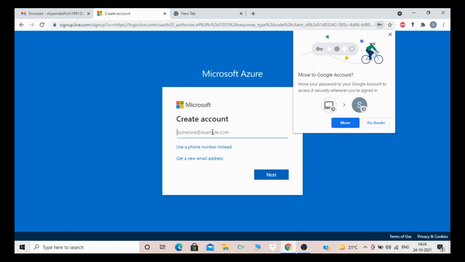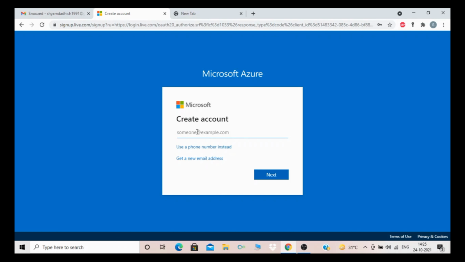Once you click on Create one, you need to enter an email address. As I already told you, I created a Gmail account for this, which I did not use for anything else, only for creating Microsoft Azure, and I created this account with my name. So I will type that account name.